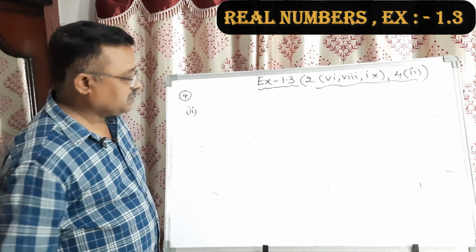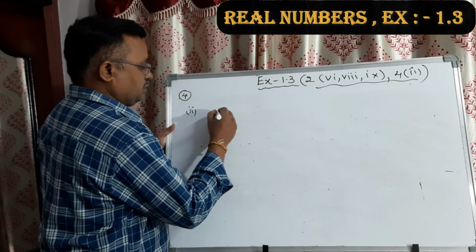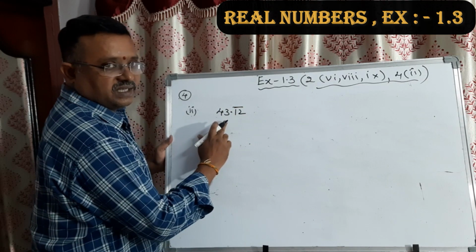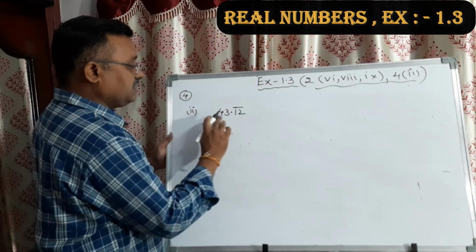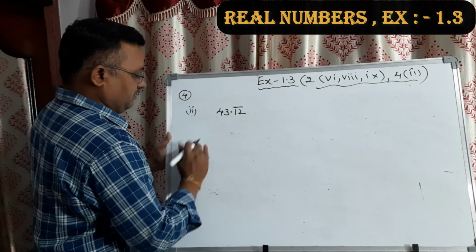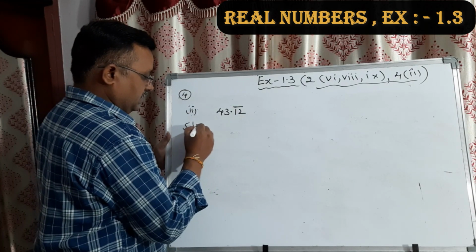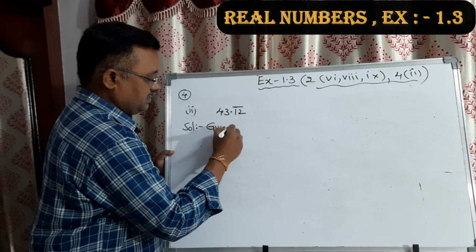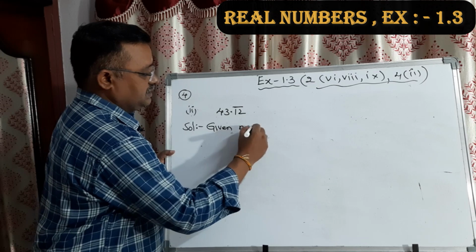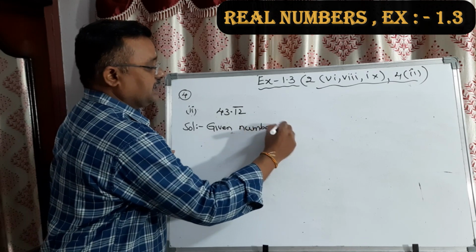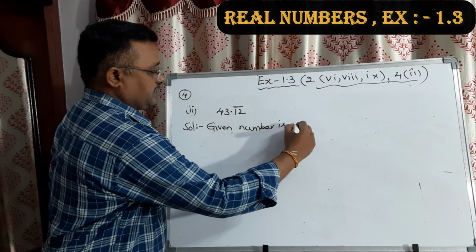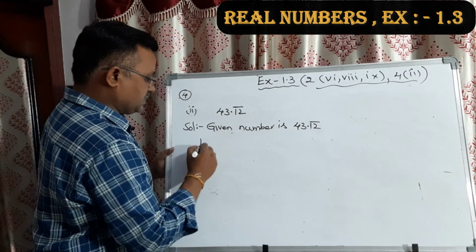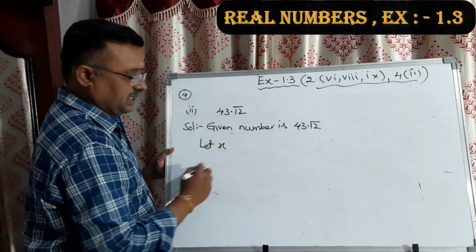43.12 bar. 12 bar. This is the given decimal value. Okay, we need its p by q value. So I will explain that one neatly. Just observe that. First write, the given number is 43.12 bar. Clear? Let us suppose this one as x equal to